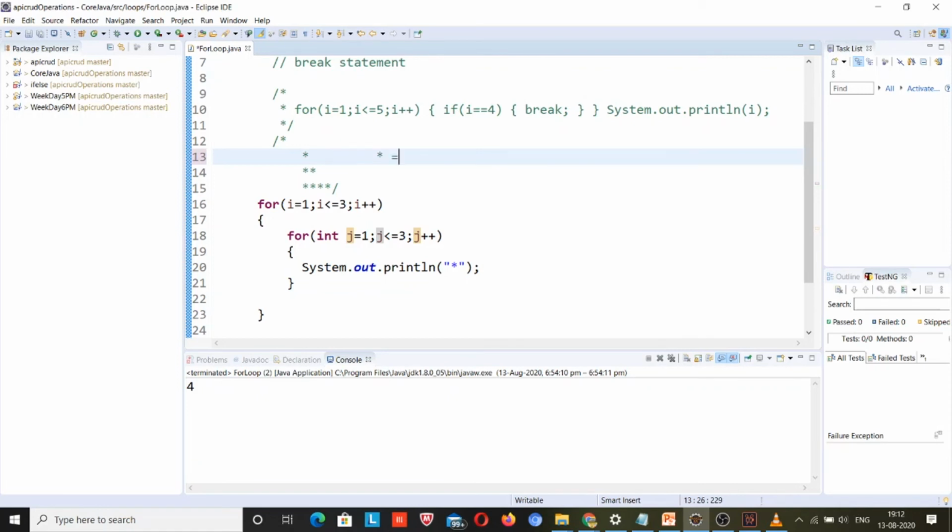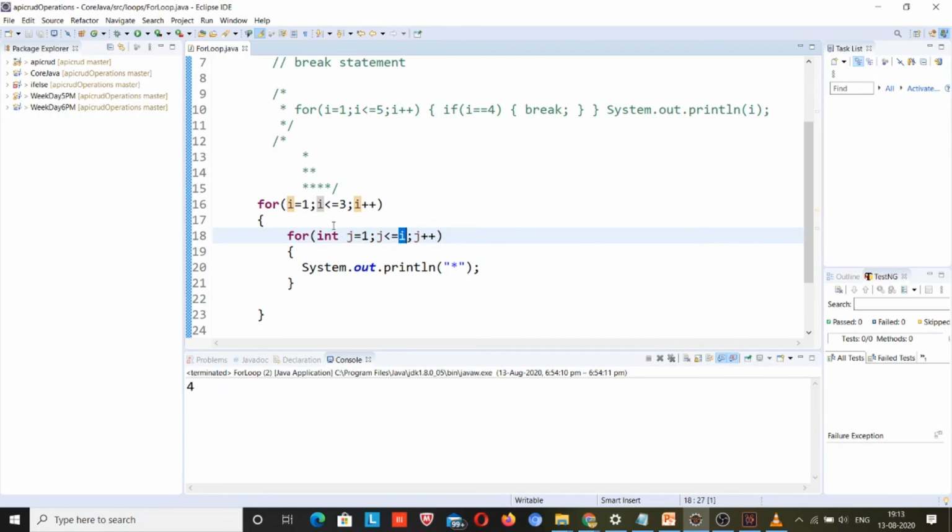So in the first line it will print 3 stars, but this is not my agenda. I have to print 1 star only. And how can I achieve this? You can see that whatever the i value was, only that many times the star was going to print. The first time the i value was 1, that's why 1 star was printed. The second time the loop ran, the i value was 2, so 2 stars were printed. So I have to give i over here, so that the star is printed as many times as the i value is.